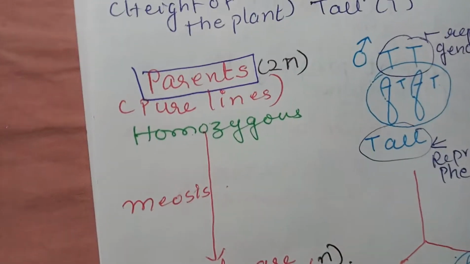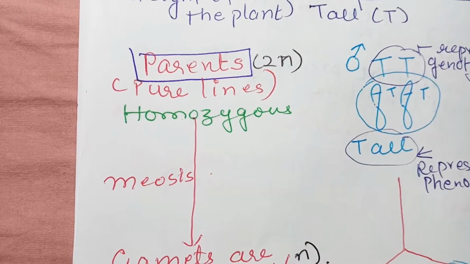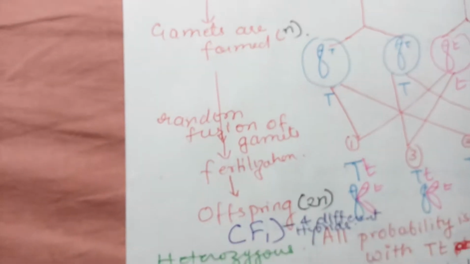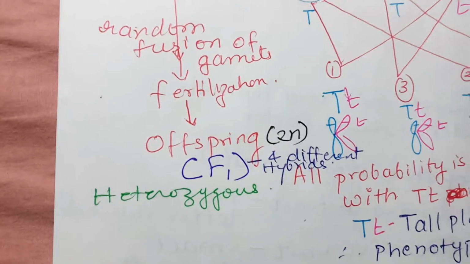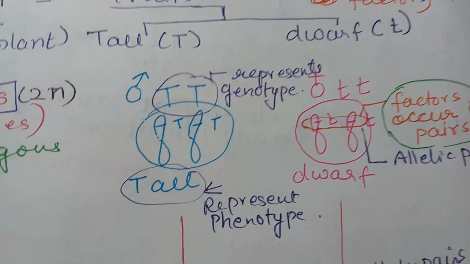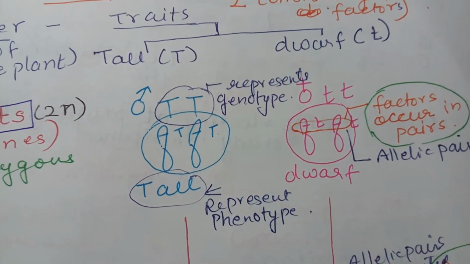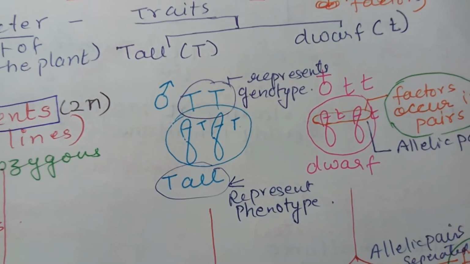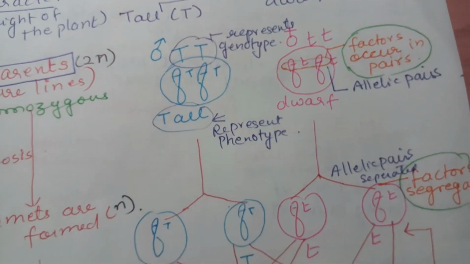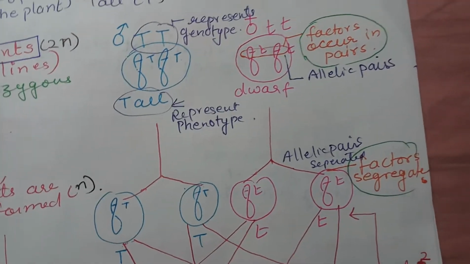Now first understand, this is something we have already covered in reproduction. The parents are there, they form the gametes, and the gametes then fuse randomly and produce the offspring. Parents over here, there are two, and here you can see two sets of chromosomes, with the representation of genotypes on the two sets of chromosomes, one from the maternal and one from the paternal. Now when meiosis occurs, what happens? Reduction division occurs, and the formation of gametes occurs.